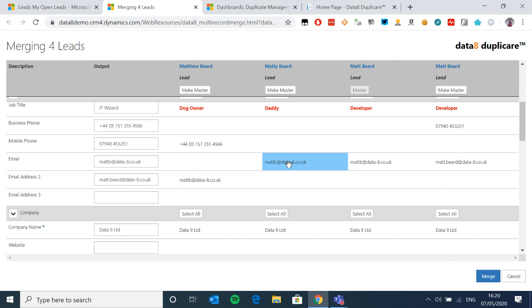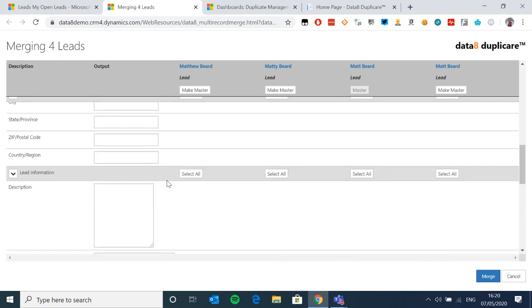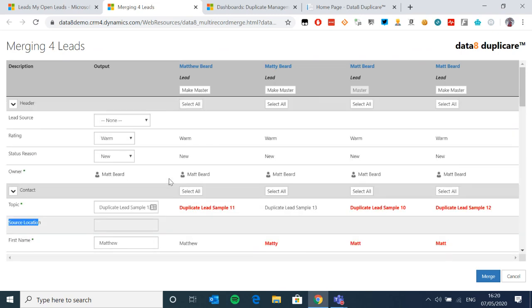So now instead what we can do is these fields are linked together. So we can see here with email that the most popular email, the one that exists there most of the time, goes into email 1. But this email 2, we're not going to throw it away. Instead, we will move it to email 2. So even though the mat.beard never exists anywhere in email address 2, it's popular in that field. So we're not throwing the data away. We're just sort of categorizing it and prioritizing it and putting it into the places where it's supposed to be. And that's it with our record.